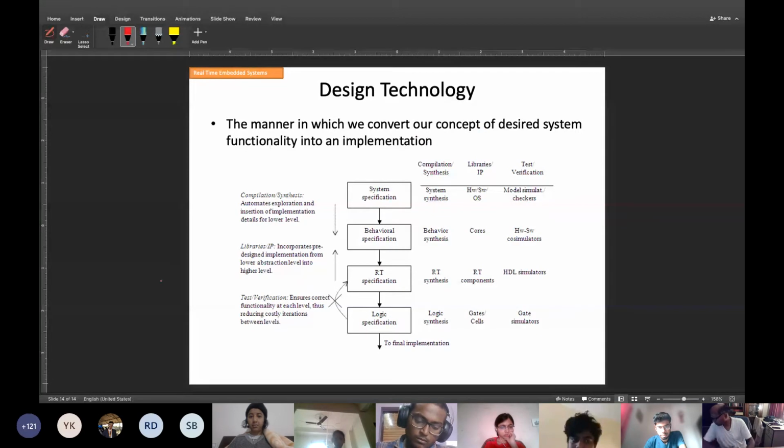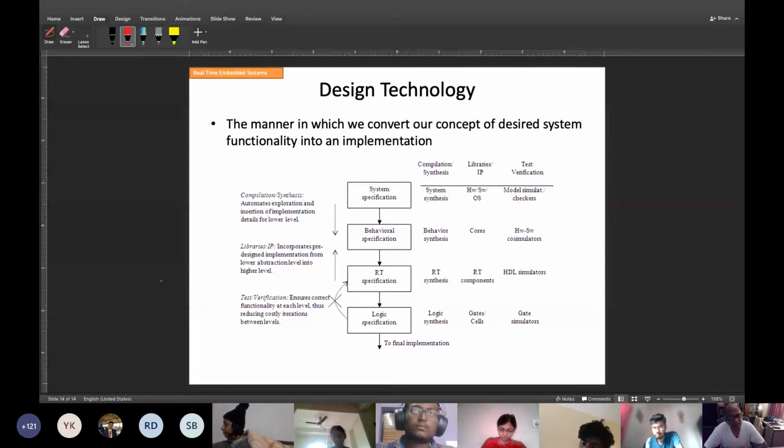So there are lots of things: system specification, behavior, also how to do design. The first and foremost thing in design is the specification. All of you write down: specification of the system is the most important thing. Overall specification is first according to the customer. For example, if you are having a cell phone, from the customer point of view, what are the specifications?